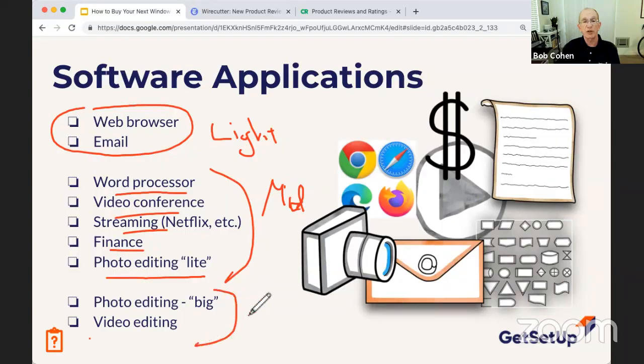And then there's what's called a high-end PC, where people might use it for video editing, really sophisticated video and photo editing, or maybe gaming. Those are generally the three ranges that PCs fall into.